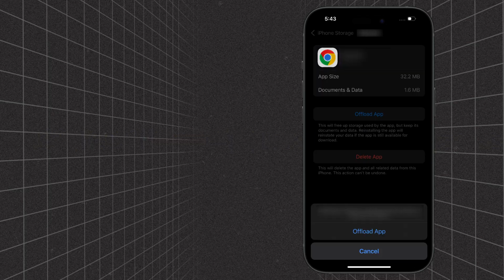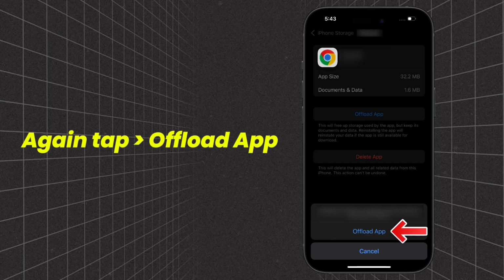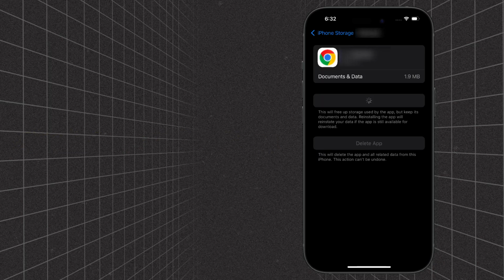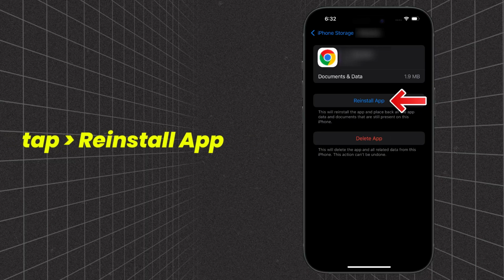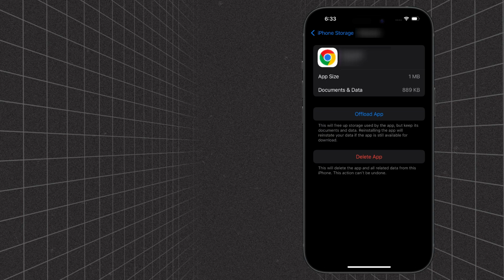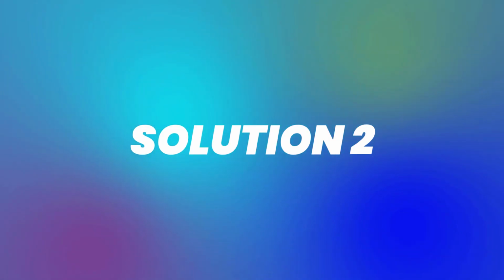A confirmation pop-up will come up. Now tap on the Offload App option here. It'll take a bit for processing, and then a Reinstall button will show up. Simply tap on it to reinstall the app. This should resolve the issue, but if it doesn't, then you need to check if the app is running an